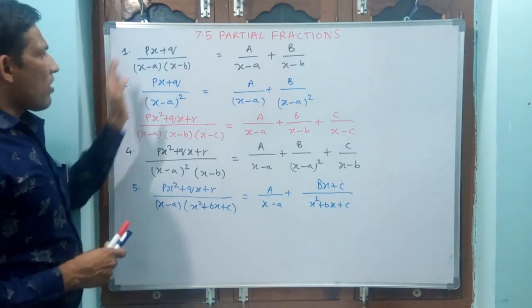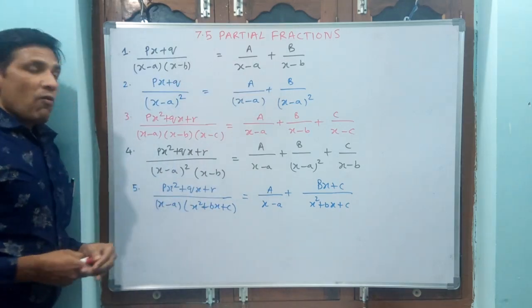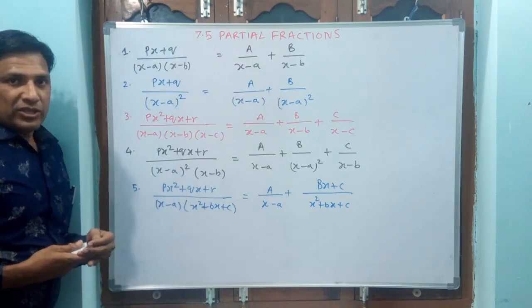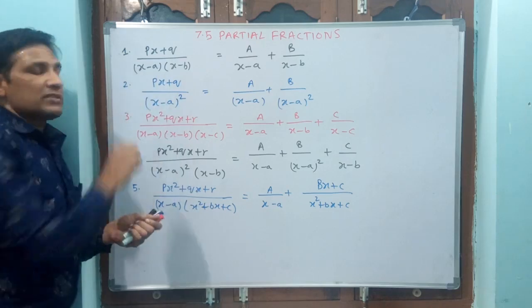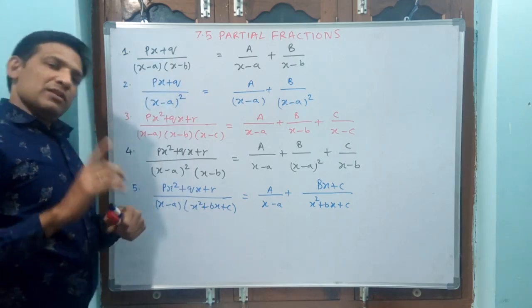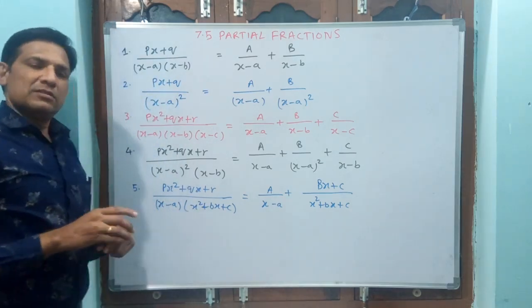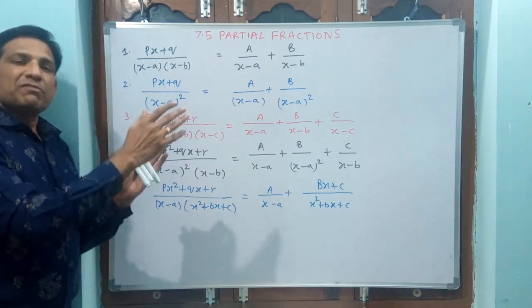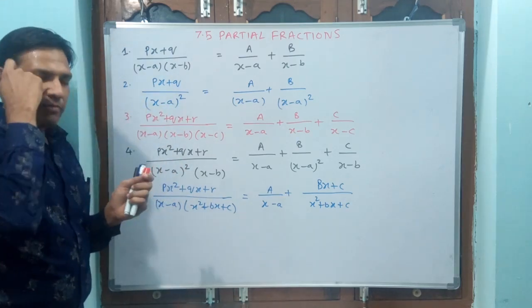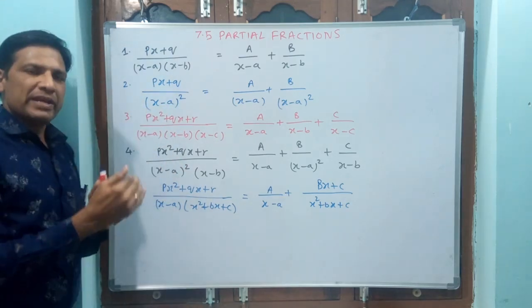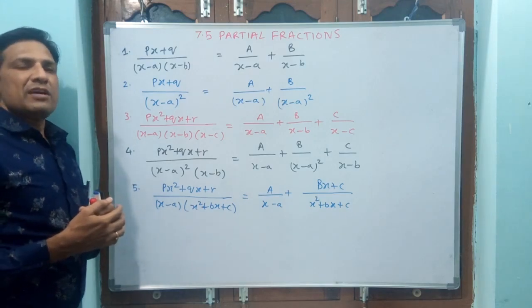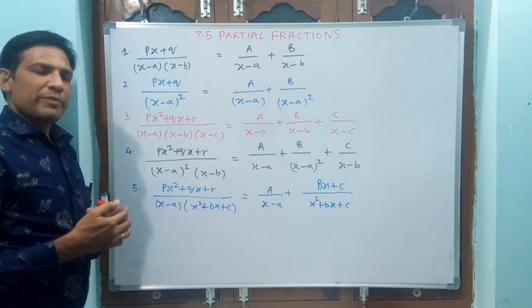Okay, so if all over, then what if we don't get any factorization? If you don't get any factorization like x minus a, x minus b, then you go back to our original process only. Quadratic equation, you split it, you make it in formula based x minus a whole square like, and you make it x minus a plus or minus b square like that, you can make and do it.